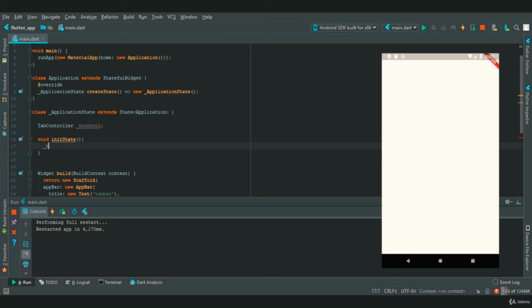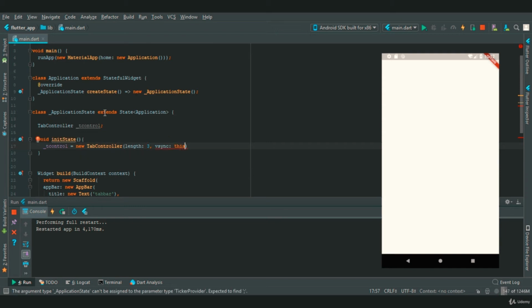So we'll say t controller is equal to new tab controller, and this takes two properties, which is length and vsync. So in length we will provide t length, which is our tab bar length, and in vsync we are going to provide this.